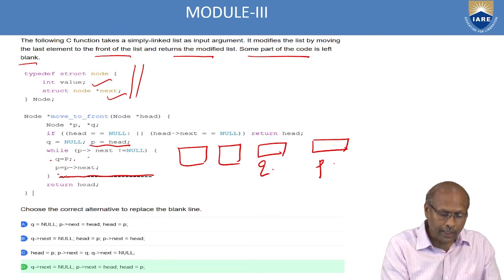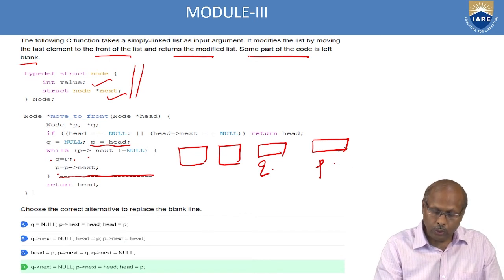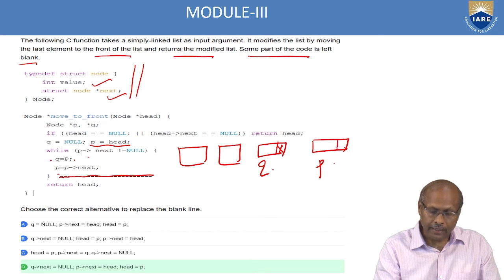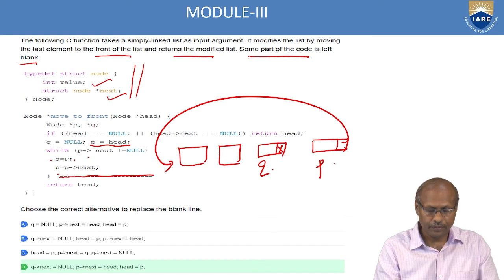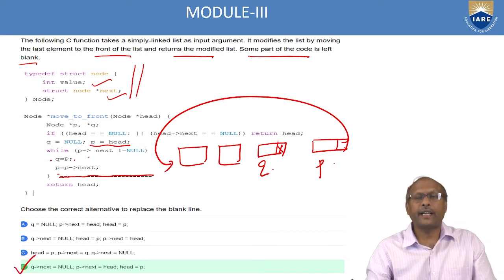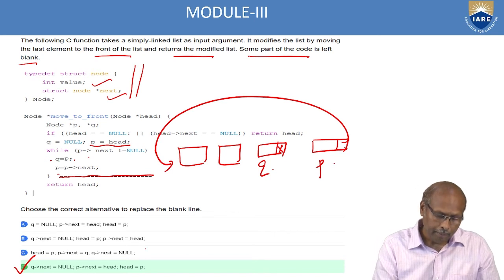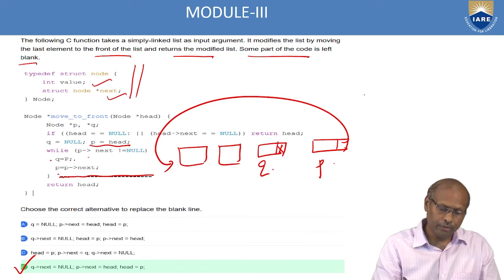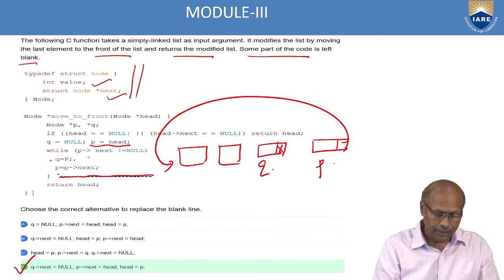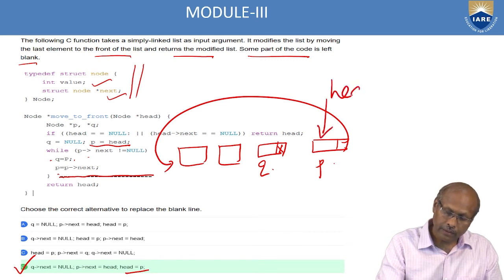When the loop is over, what you would write so that it comes to front? Q of next should be null and P of next should be head so that it comes to front. So D will be the correct answer. And head will be P, so head will be pointing to this.